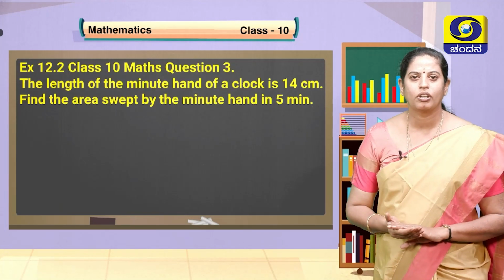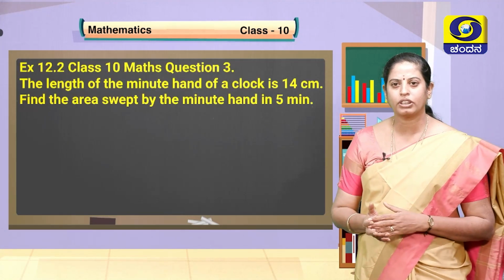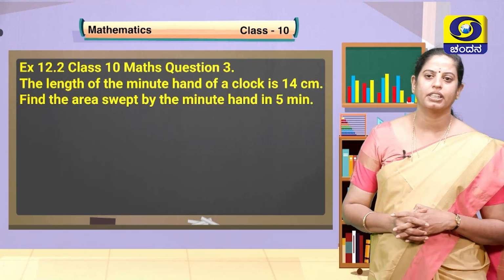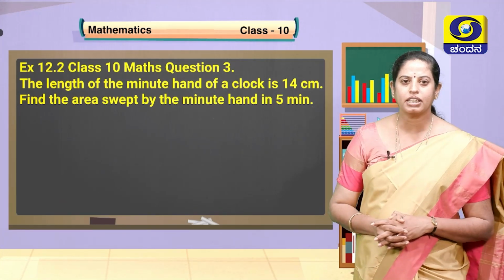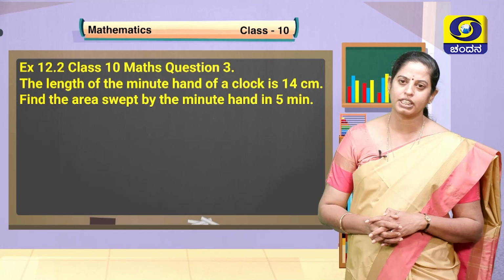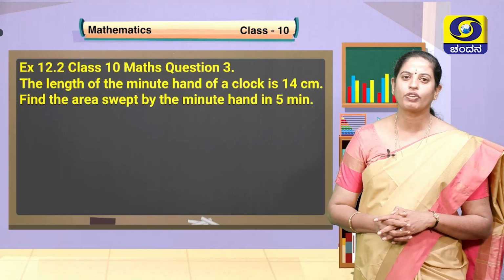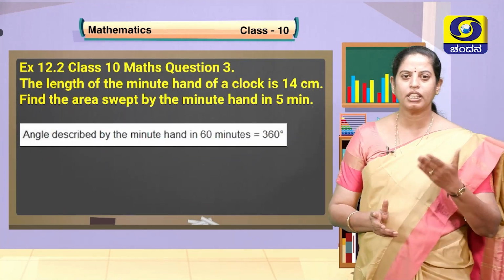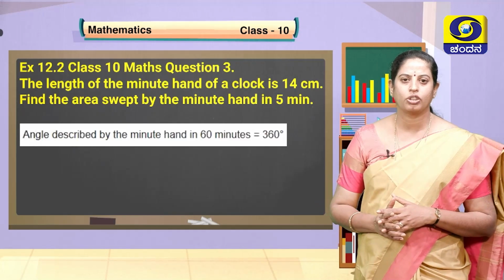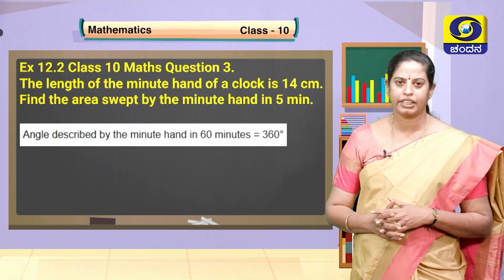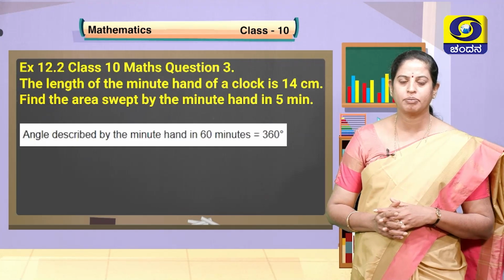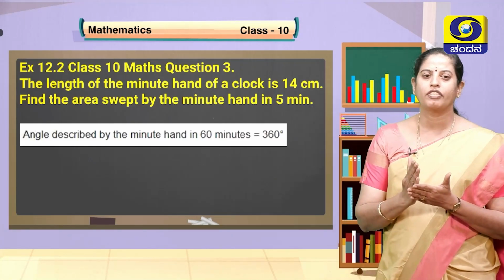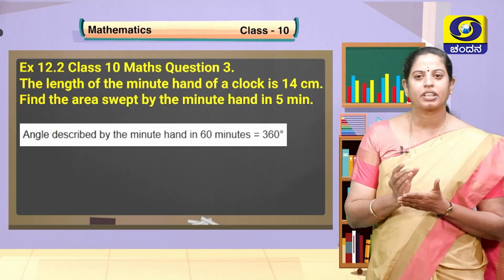Yes. So, let us solve one more problem. Are you okay? Yes, you are enjoying. Let us solve this problem, children. Read along with me. The length of the minute hand of a clock is 14 centimeter. Find the area swept by the minute hand in 5 minutes. Oh, what a beautiful question. You usually see the clock in your home. So, the minute hand is of 14 centimeter. When it moves through 5 minutes, we have to find the area of that sector.